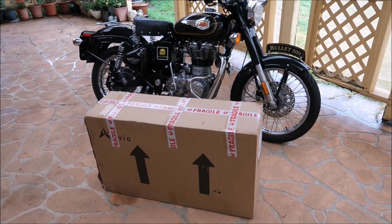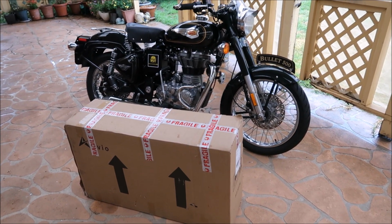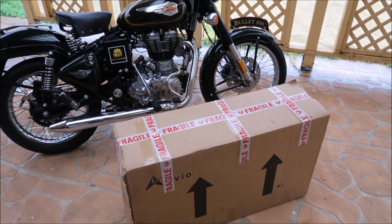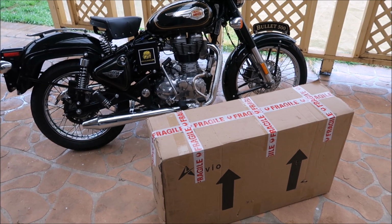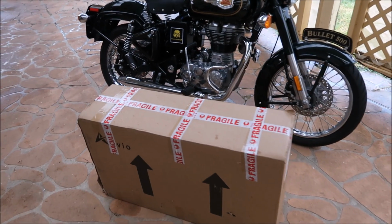So there she is, guys. She's in that box there right in front of us. So all I better do now is grab a utility knife. We'll slice her open, go through the unboxing process, show you what's in there, and we'll see what we get for value for money. And speaking of value for money, I just purchased this one off eBay about 5 to